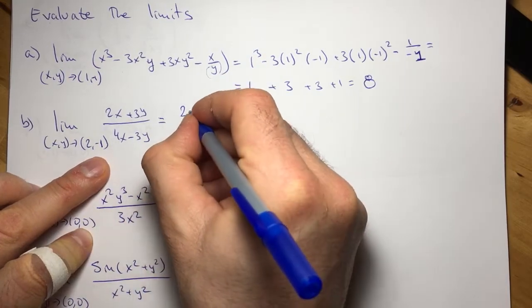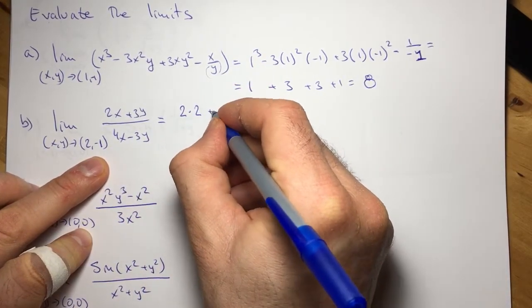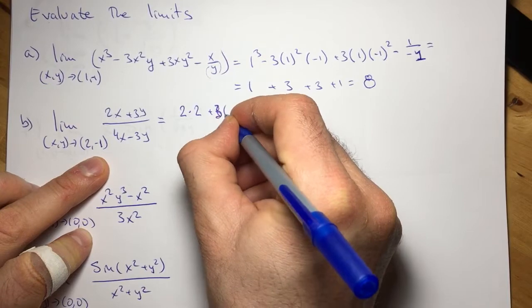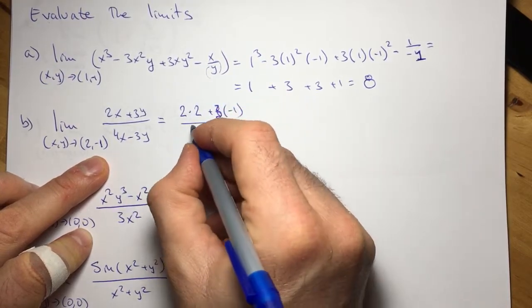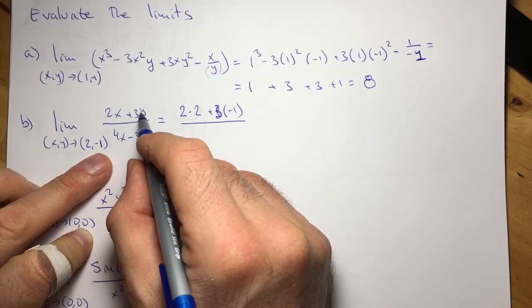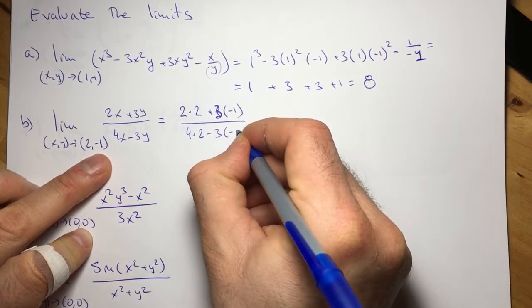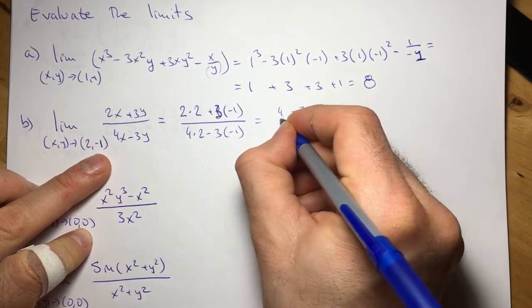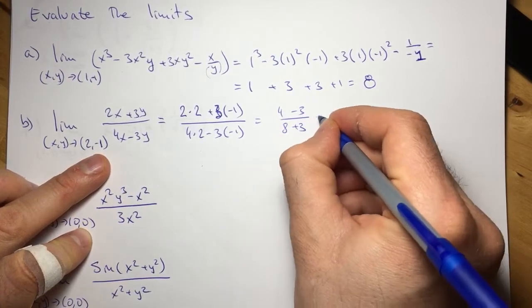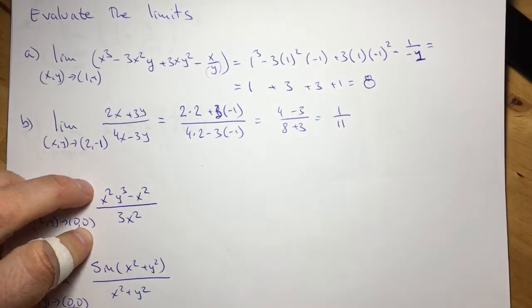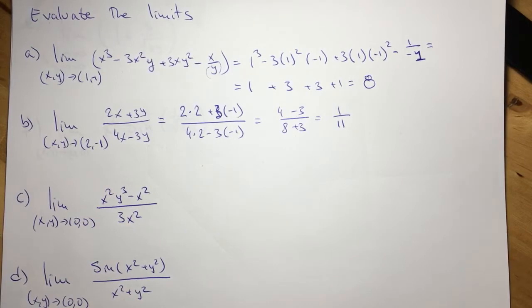which means that the limit of this function as we're approaching 2 and -1 is going to be calculated just by what some of you are calling it from Cal 1, direct substitution. So I plug 2 for x and -1 for y. 4 times 2 minus 3 times -1, that's 4 minus 3 over 8 plus 3, that's 1 over 11, if I didn't make any mistakes. Okay,